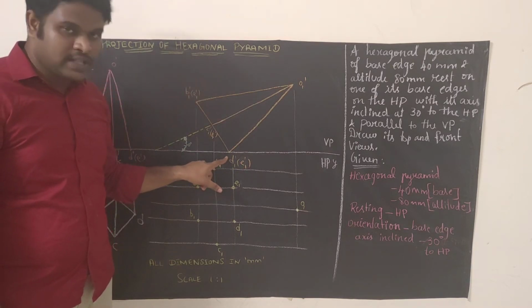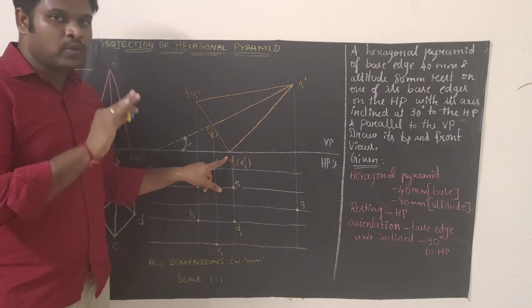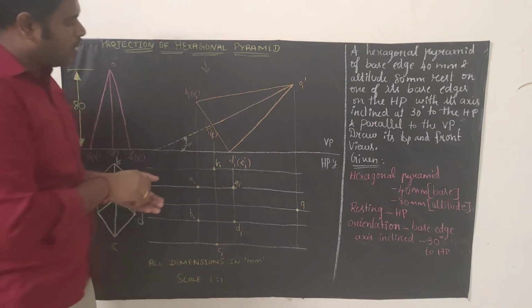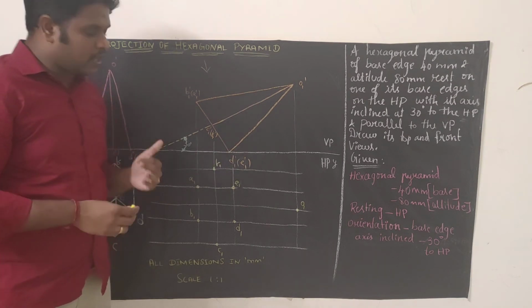So this is the edge which is lying on the reference line. Just identify which points are connecting to it. Those are the only hidden ones. When you see from here, you can't see this side, right? You can't see this edge at all. So how can we write hidden?